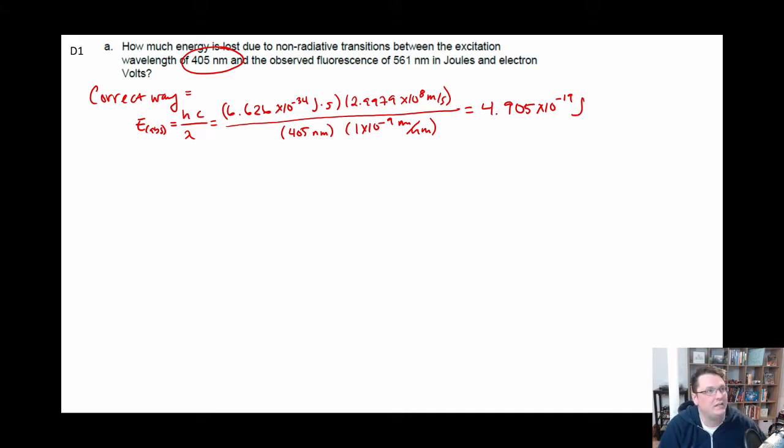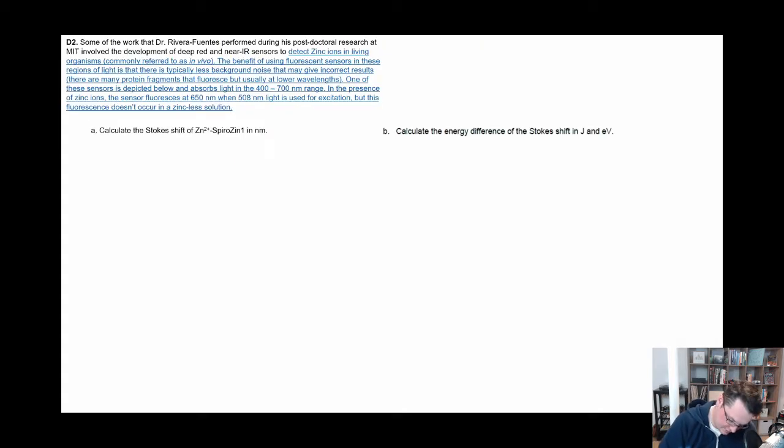Right? I know that's more sig figs, but that's fine for right now. So that's the energy of the absorption. The energy of the excitation is going to be the same approach, right? So hc over lambda, and that wavelength is going to be 561 nanometers. So that is then